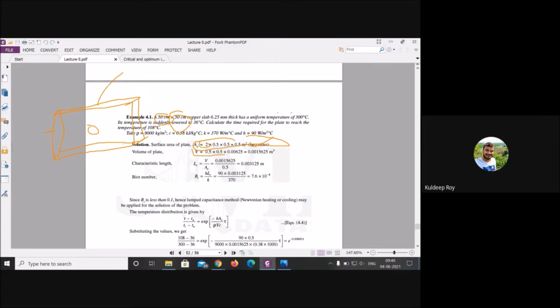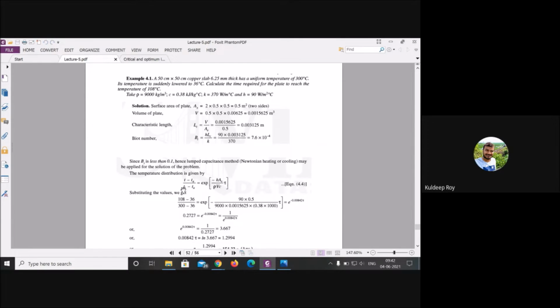Area multiplied by the thickness, this one is the volume. And how much will the characteristic length be? Lc will be, what is that formula? V by A. Yesterday we saw V will be volume, A will be your area. Just calculate the Biot number. Now you can see the Biot number is very much less than 1. We are looking for Biot number less than 1, only then will the lumped system apply. Once you have got the Biot number very low, apply the formula we discussed above and determine the value of tau.